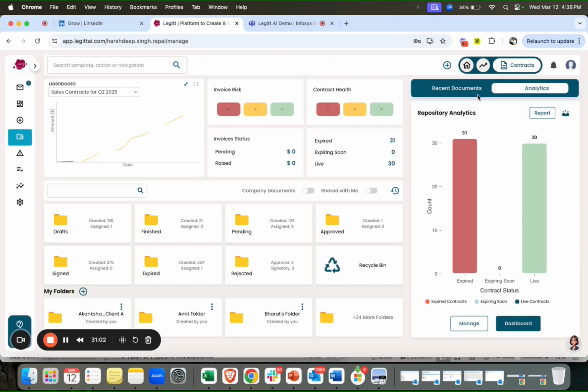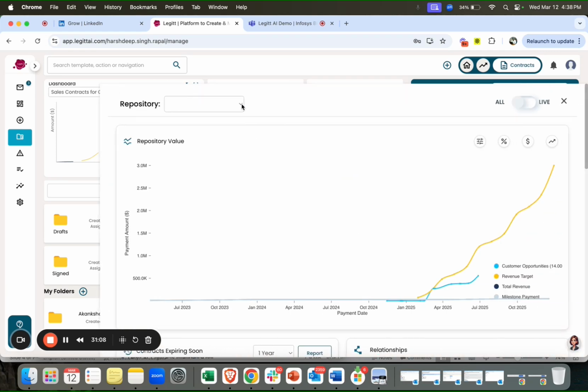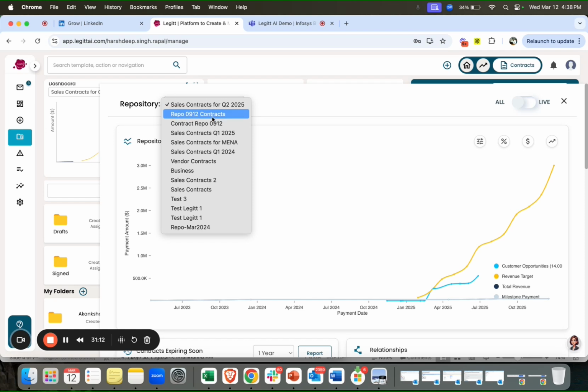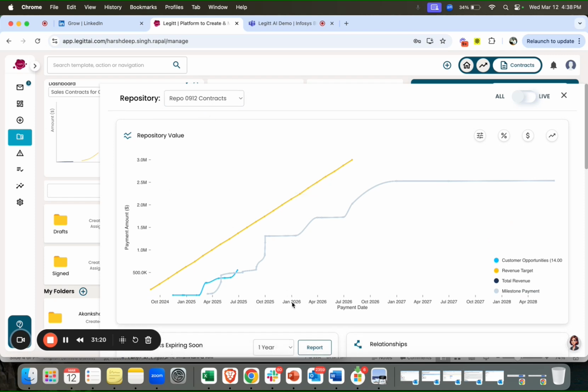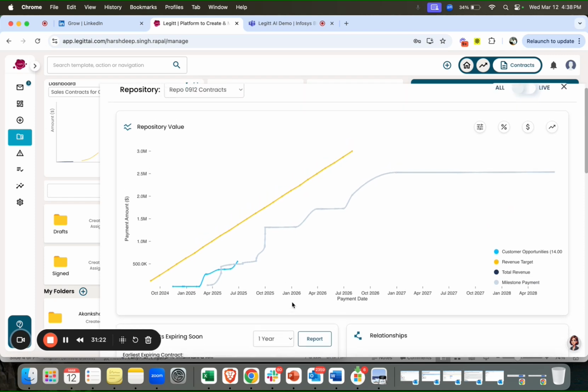The AI engine runs on this repository, and then you can pick and choose from this drop down whichever repository that you want to see. That okay, these are my last year's contracts. And then the information that